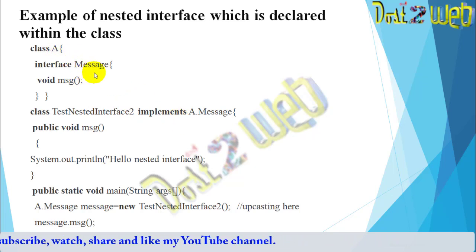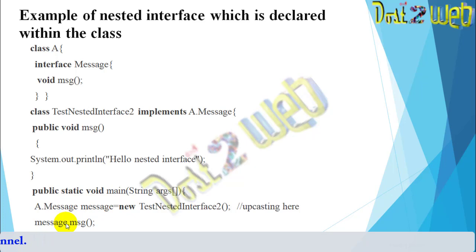A.message, then one method. Whatever you want to print, give the print statement. Come to the main method, similarly A.message, create the object, and call the method with object name dot method name. So we will be calling the msg method. This is how you can declare it within the class.